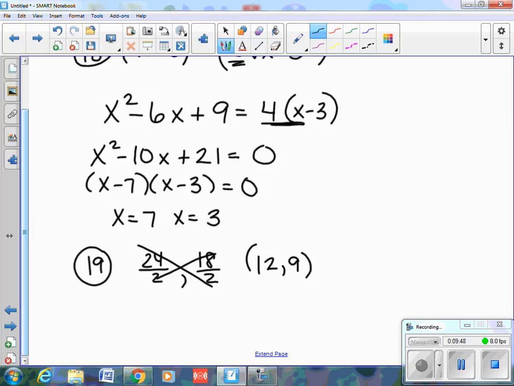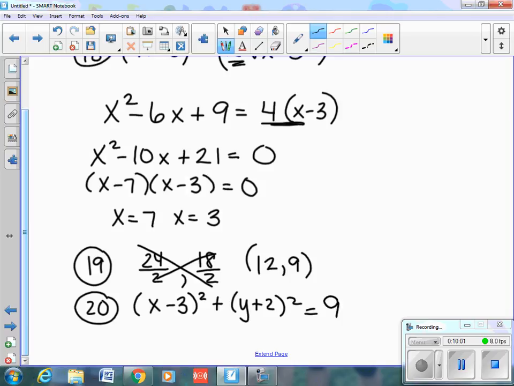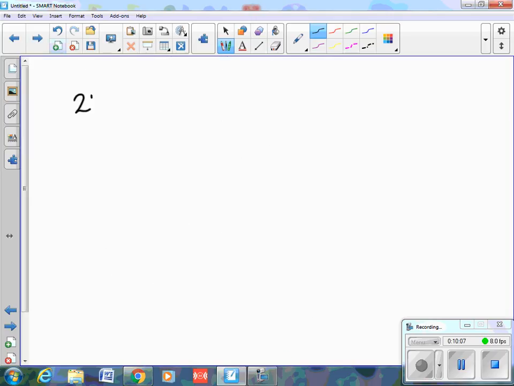Number 20. There isn't much to number 20. All you do is you put it into this formula that I'm going to give to you. X minus 3 to the second plus y plus 2 to the second equals 9. All you do is substitute in. There's nothing to number 20. 21,